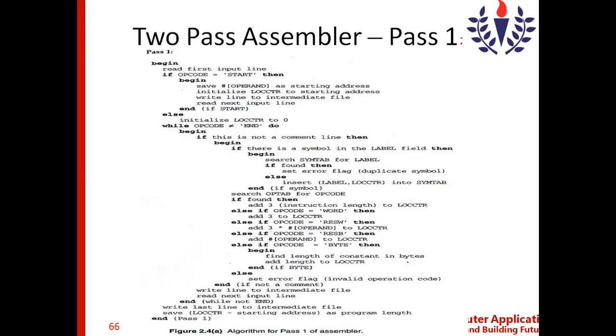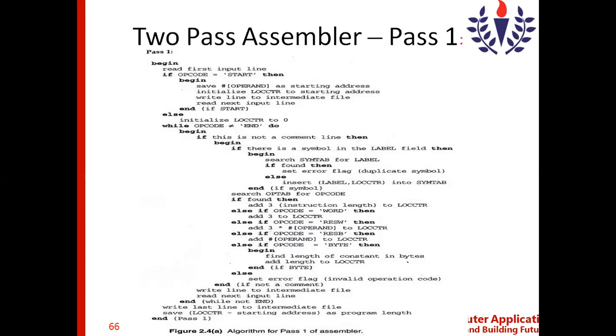I kept telling the address of each and every instruction. When the assembler is processing a particular instruction, the address of that instruction is given by the location counter. That's how the label with the location counter value is inserted into the symbol table.